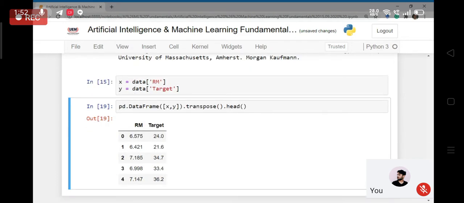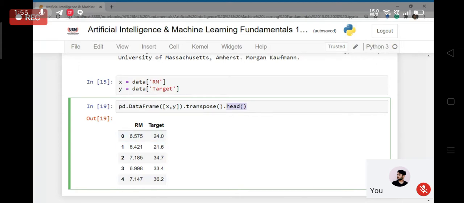Here, first of all, I'm creating the data frame. By default the values are inserted row wise, so I am performing a transpose operation. I can call this function directly on this object. And after that, from the data frame you got after transposing the values, I want to print the first 5 values.